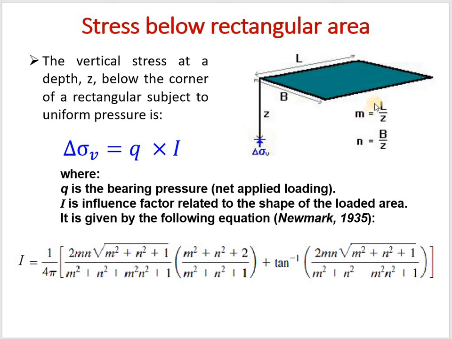n. So m is the longest side by the depth and n is the shortest side by the depth. So you find m and n, then corresponding to m and n you get the I value from the chart. Then you find the stress intensity based on the influence. So now let us go back to the problem, the cases. So here